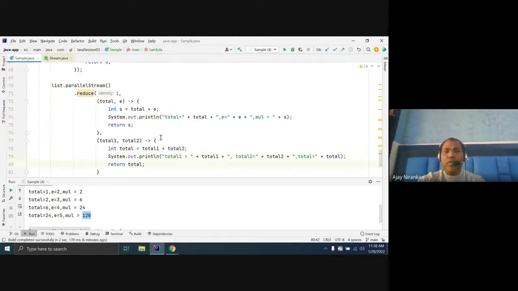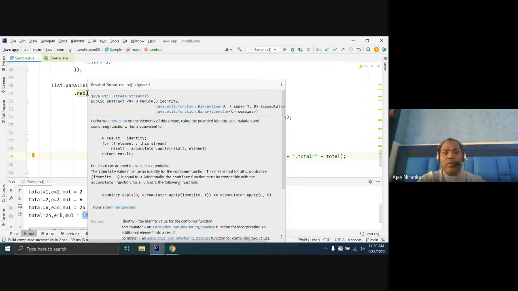So this is your function. Generally, if you read the definition, the first parameter is known as the identity, what kind of output you want. The same output is returned here. Your reduce function returns the type which is your first parameter.